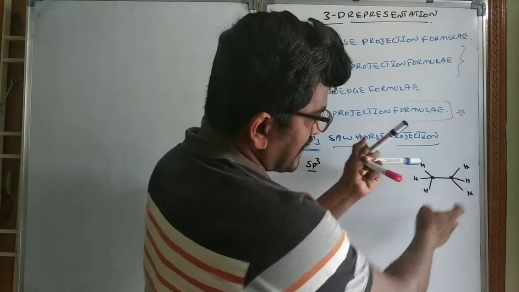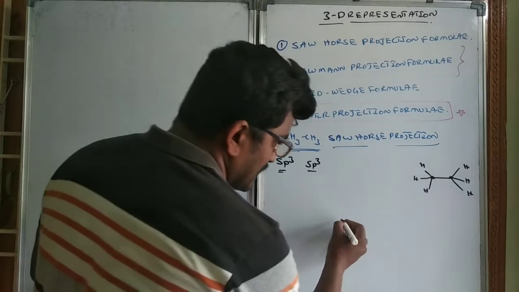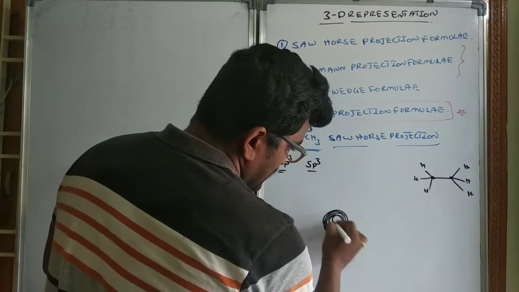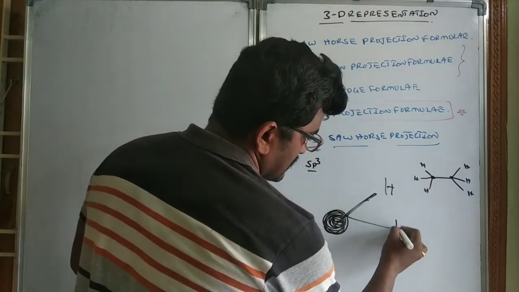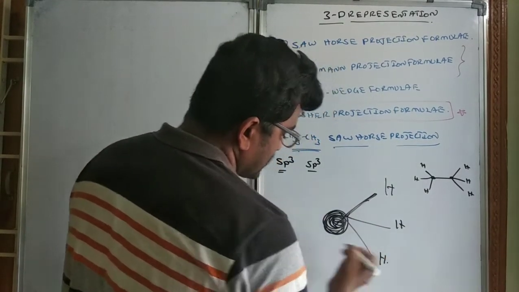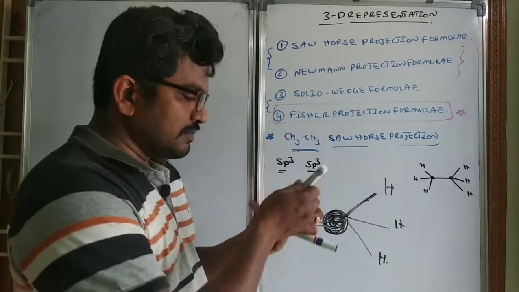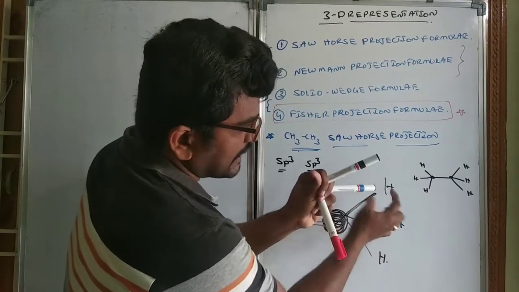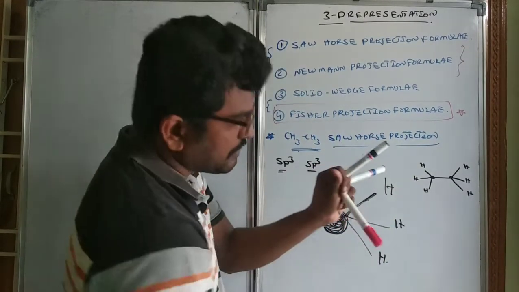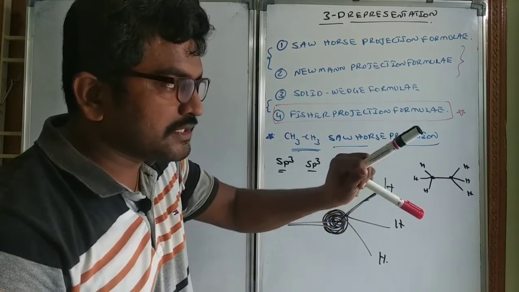Here you see, this hydrogen you can take as blue. This you can take as this one. I will write here, this is the carbon atom. One hydrogen, another hydrogen and another hydrogen. This is the carbon bond you can imagine. So you can imagine like this. This hydrogen will be blue, this hydrogen will be black and this hydrogen will be red. So like this you can view this thing. So you can rotate the things also.